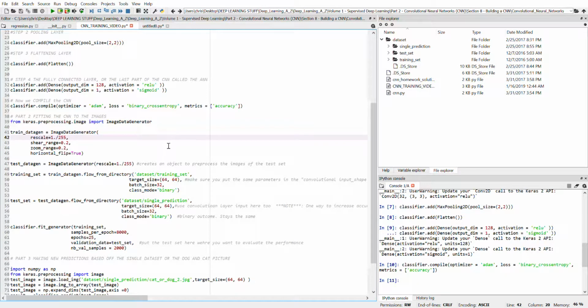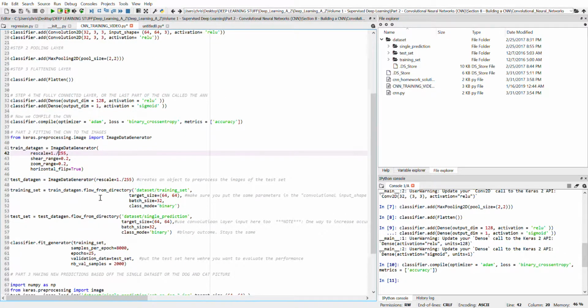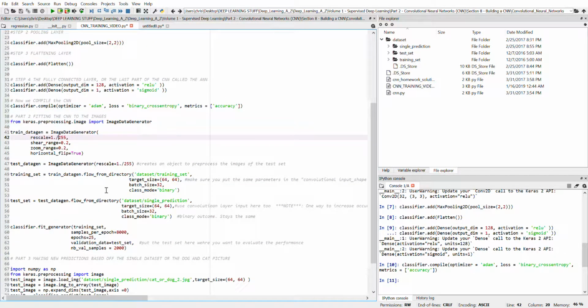Usually when we do a neural network, we kind of do it the other way around. We pre-process the data first, and then we tend to classify it. Since we have to augment the data before we send it through the network, we build the layers first, and then we send it through. So that's the reason why we do it like this. This is a little bit of a data automation trick, in order to essentially prevent